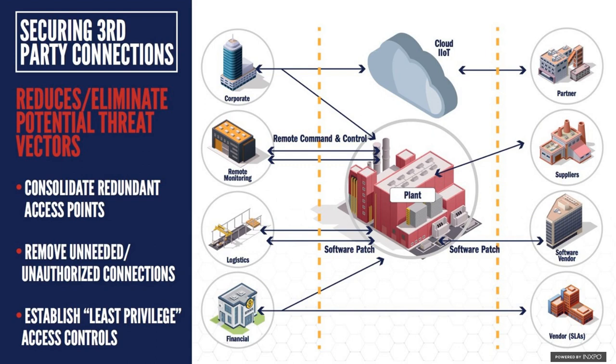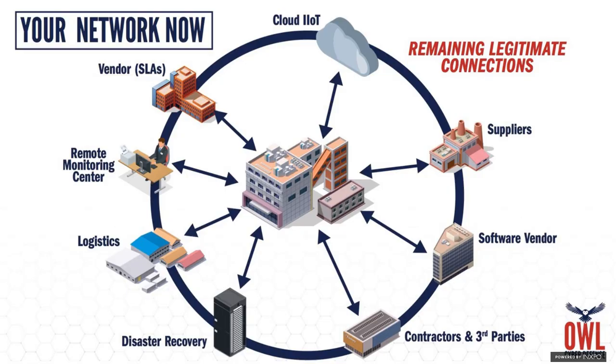You remove those extraneous connections that don't need to be there, and now you've got a much cleaner looking environment. And now you think about, how do I consolidate anything that was redundant? Did I make sure I removed all the unneeded stuff? Anything that's unauthorized, of course you want to remove. And then establishing least privilege account access, so that people are only accessing things that they need to, only getting to those portions of your network that are necessary for them to do what they do, and not extend it into other things. So next step, and what you would have is a cleaner network.